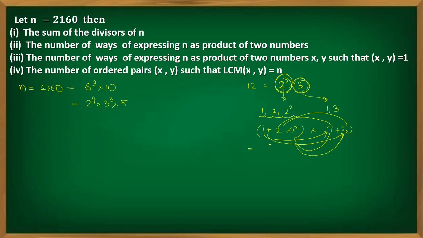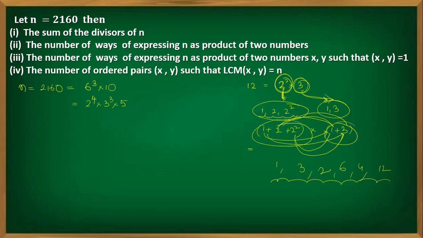So 1 into 1 you get 1, then 1 into 3 you get 3, then 2 into 1 is 2, then 2 into 3 is 6, then 2 square into 1 is 4, then 2 square into 3 is 12. So you are adding all the divisors here. So for each prime we write the sum of the divisors separately, then take the product of that,